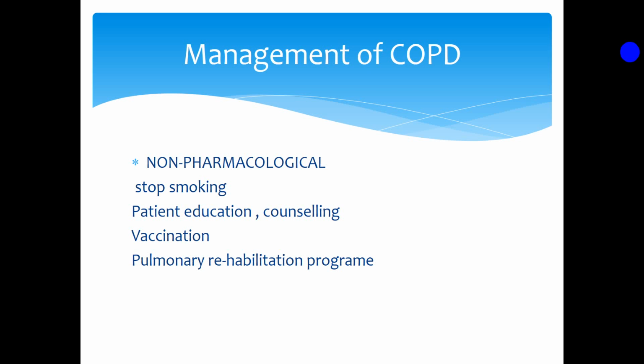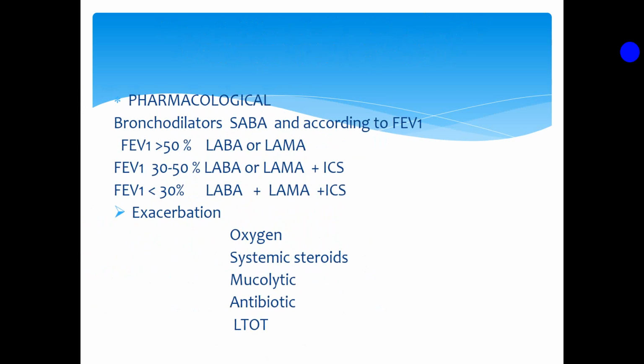Number one, stop smoking, patient education and counseling, vaccination against pneumococcal, H. influenzae and seasonal influenza, pulmonary rehabilitation program, which I have just mentioned. Pharmacological: bronchodilator with short-acting beta agonist and according to FEV1 or forced expiratory volume in 1